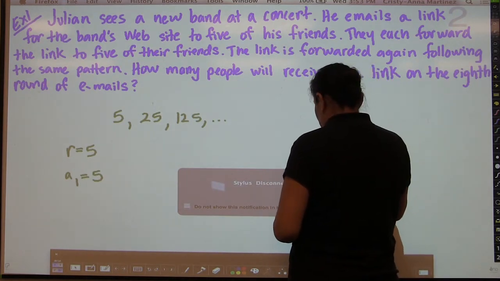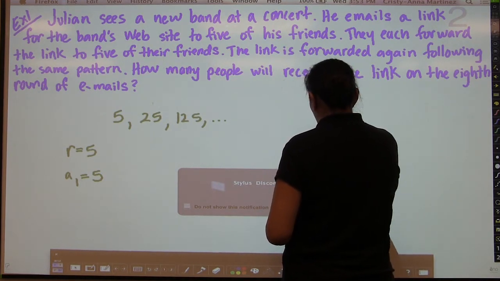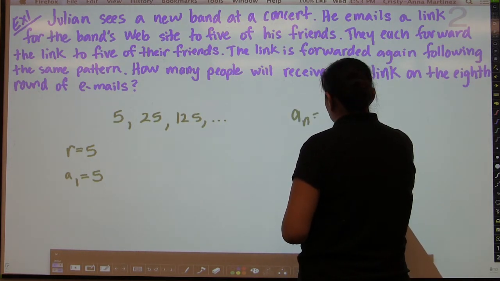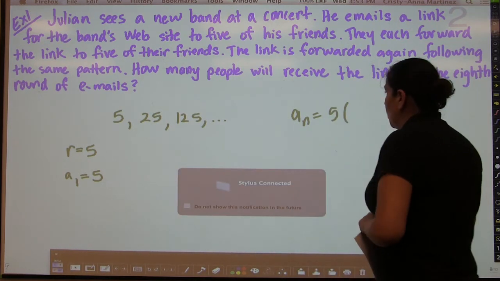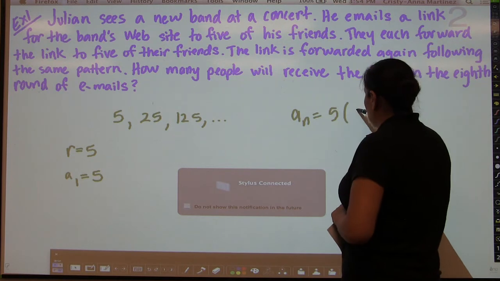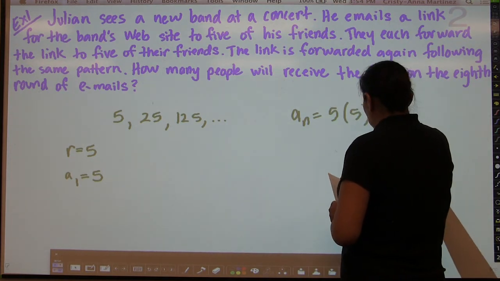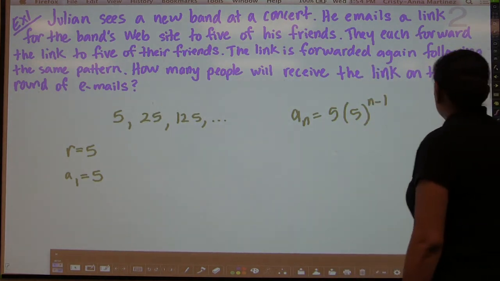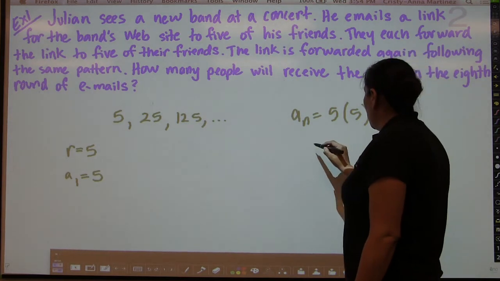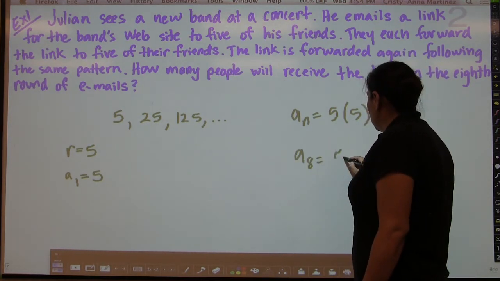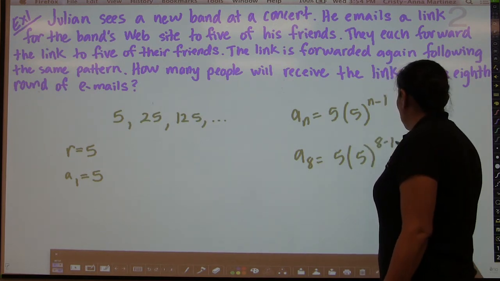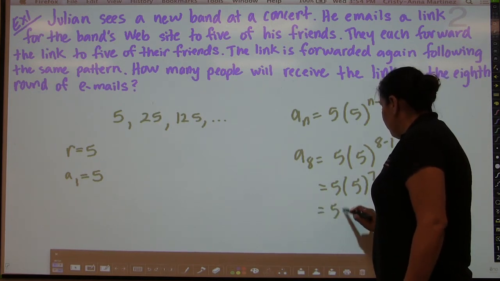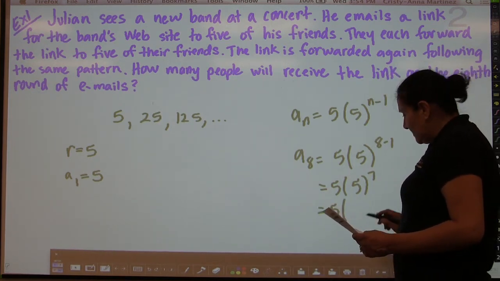And so our formula says that a sub n is going to equal a sub 1, which is 5, times r, which is also 5, to the n minus 1 power. And in this case, we know that they want us to find the 8th round of emails. So we're going to say that a sub 8 is equal to 5 times 5 to the 8 minus 1 power, which is to say 5 times 5 to the 7th power,